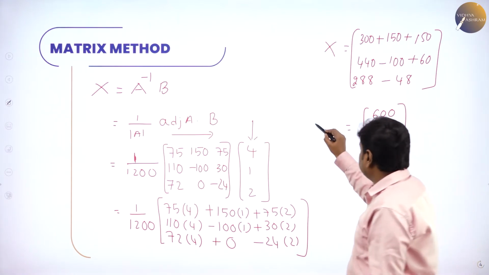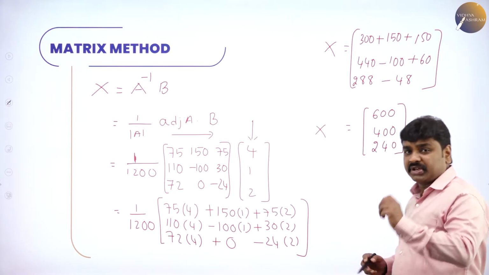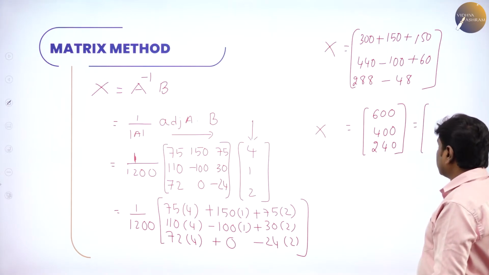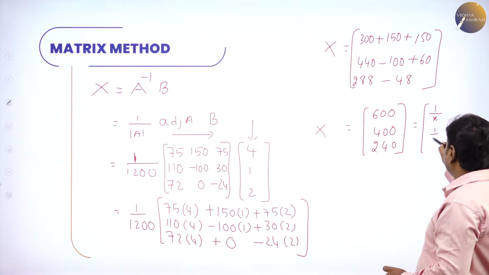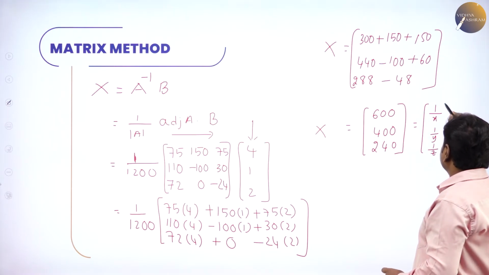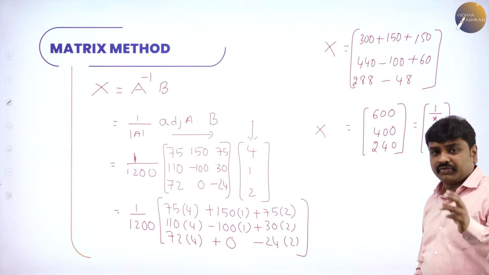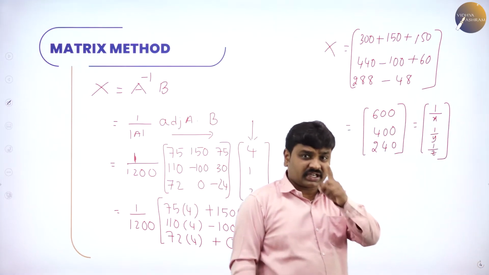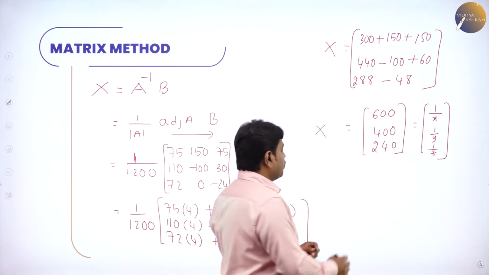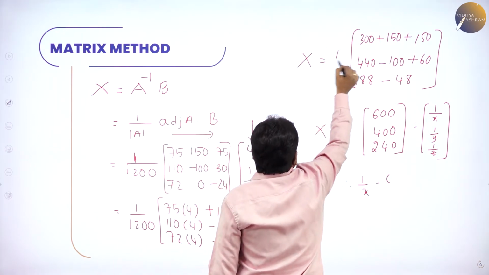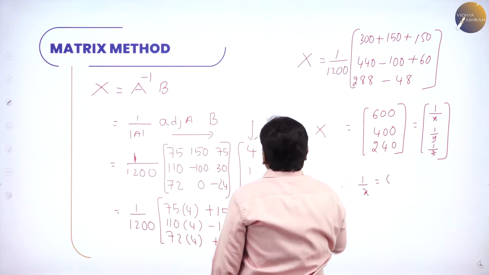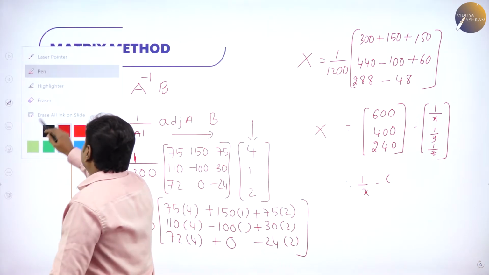Now we are done with X. And all of you know capital X, what is x we assumed? In this problem, usually x is x, y, z, but in this problem we took x as 1 by x, y as 1 by y, and 1 by z. So now the method of comparison: all of you know if two matrices are equal then their corresponding elements are equal. So by comparison, what is x here? 1 by 1200 into, right? So now we will multiply that also.